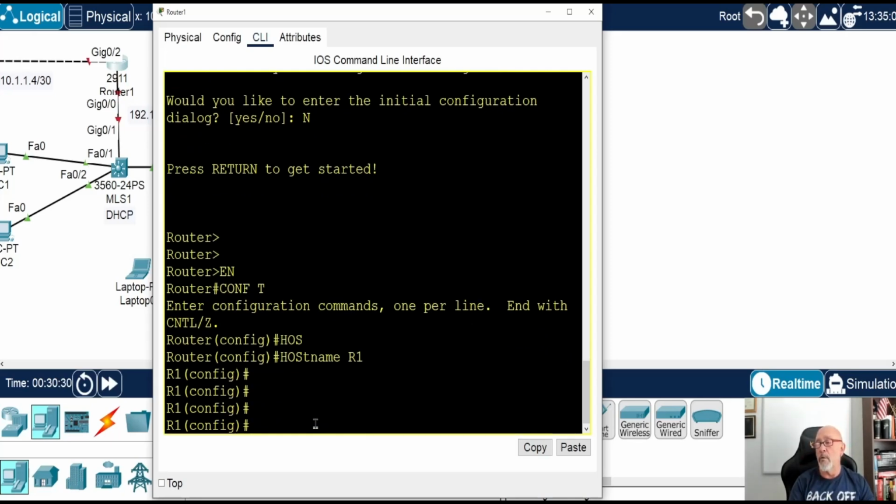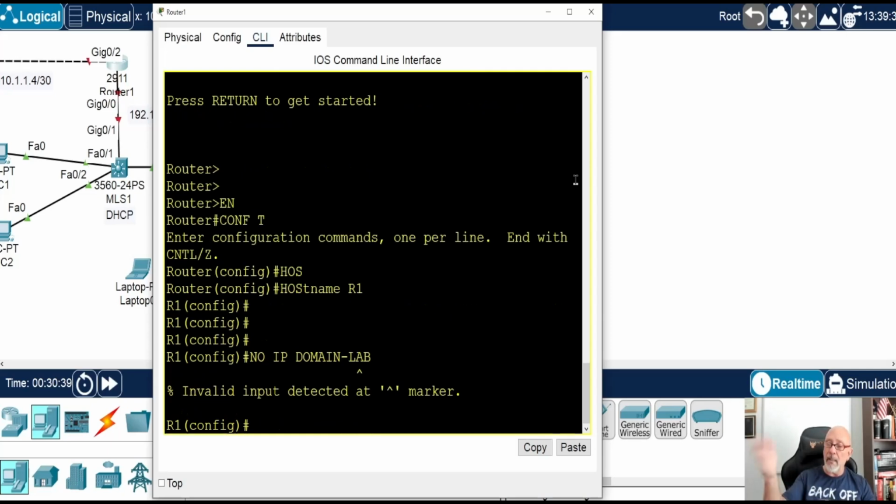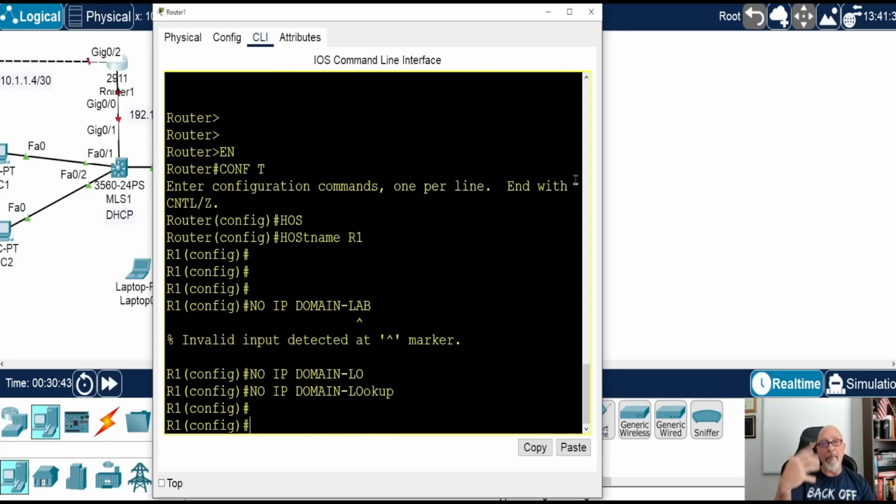All right, so we're going to do the basic no ip domain lookup. And that's something you should get into the habit of doing, especially if you're doing labs. It's a royal pain when it keeps giving you feedback, these syslog messages. Stop it. It's a pain. And if you're typing and you make a typo like I do, here you can do Control-C. If you're using EVE-NG or especially CML2, it doesn't let you do the break commands. So type that command, please.